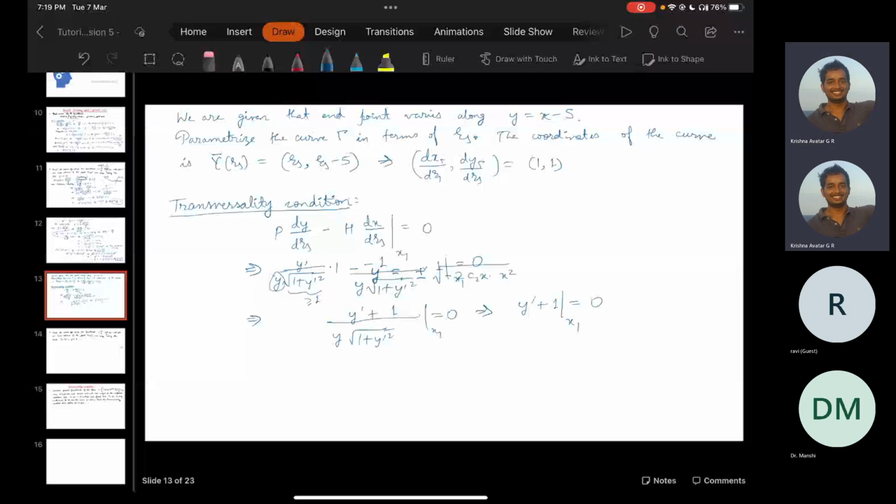But the transversality condition gives us just one equation, and there are two variables. The variables are c2 and x1. So we need to use